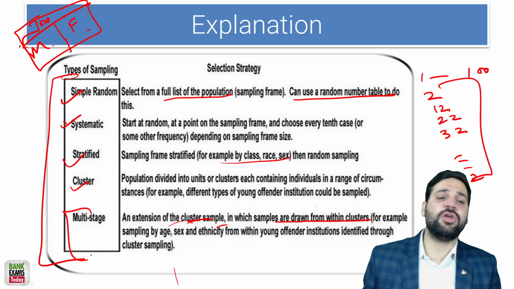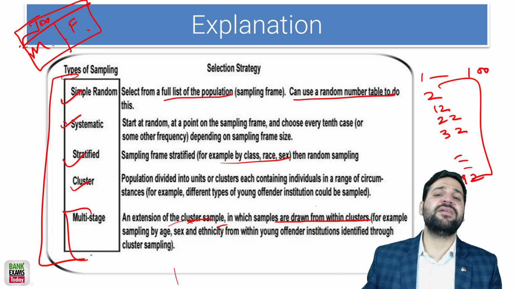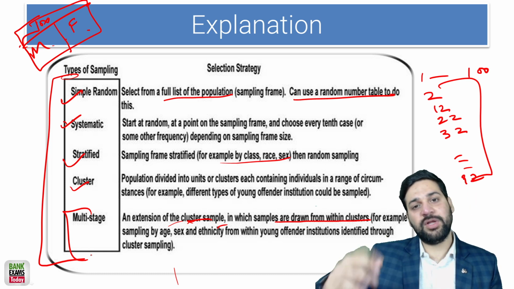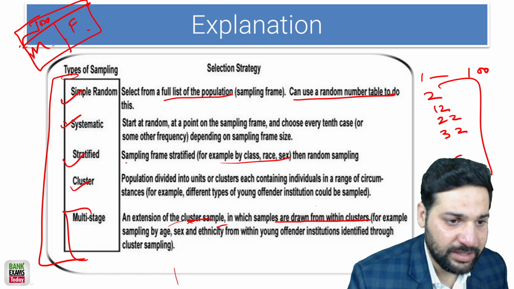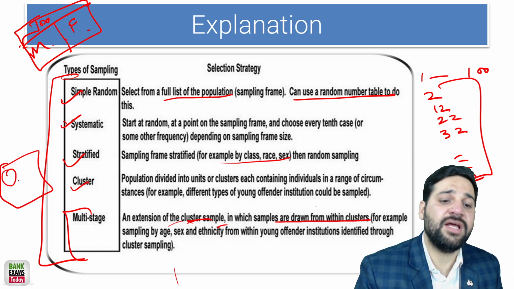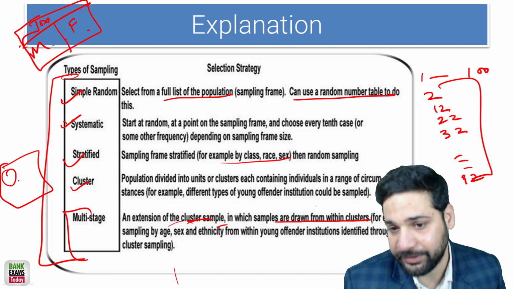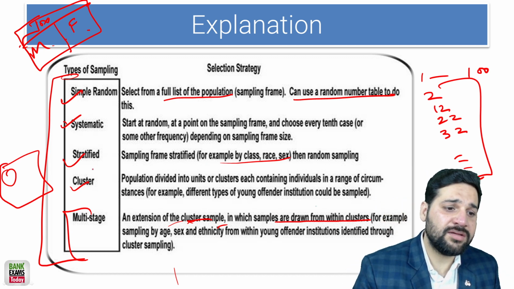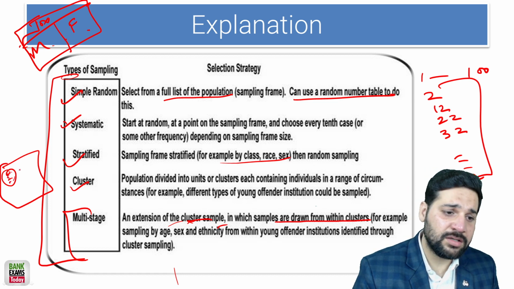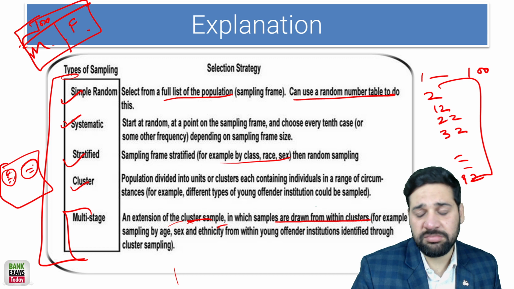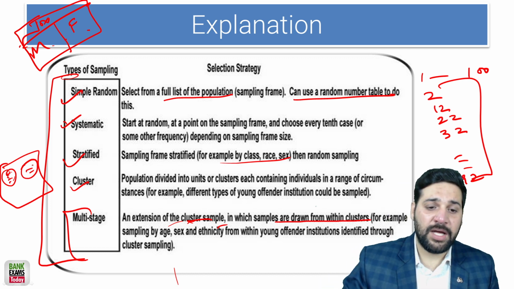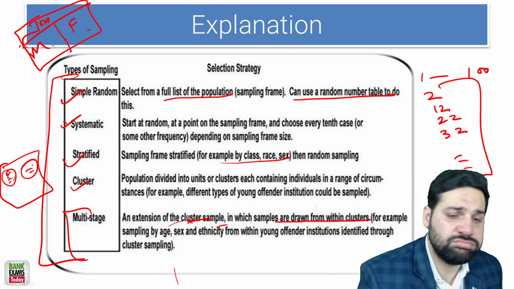If there is any doubt in your mind, you can always ask your doubts in the comment section. And if you feel like there is something I didn't explain properly, I'll do that tomorrow again, right? So simple, random, systematic, stratified, cluster: we are dividing the population into clusters and then taking the samples out of it, right? And each cluster has all the different kinds of people as part of it, right? So that's all I think.